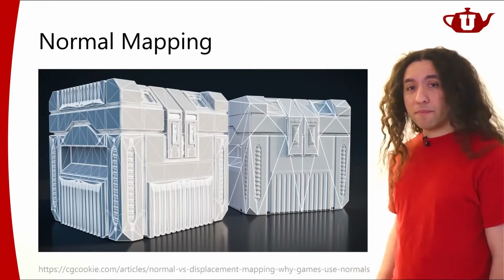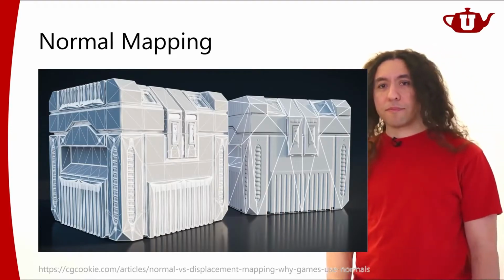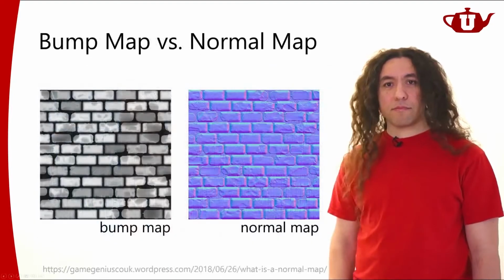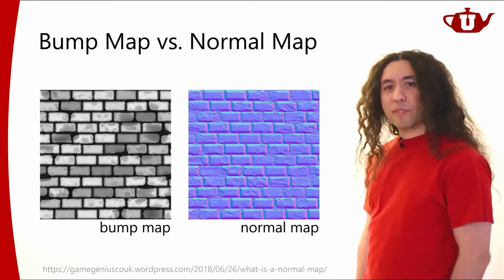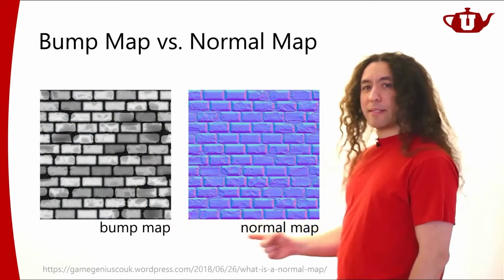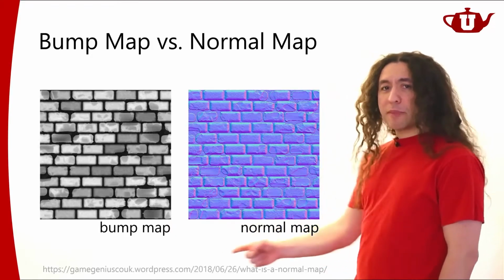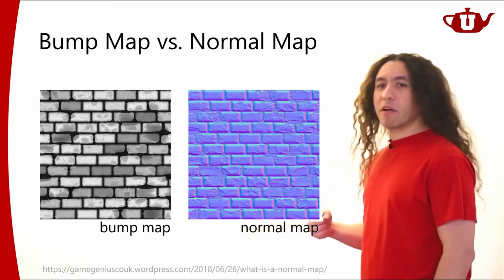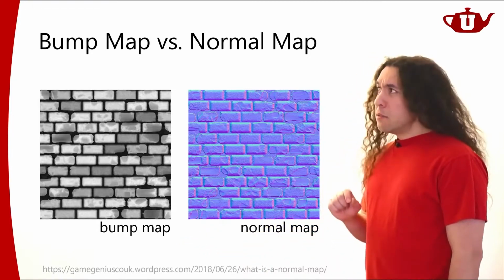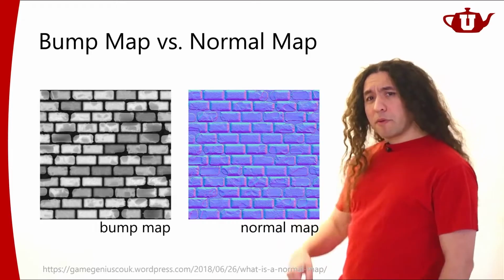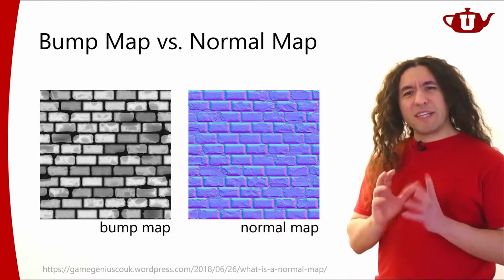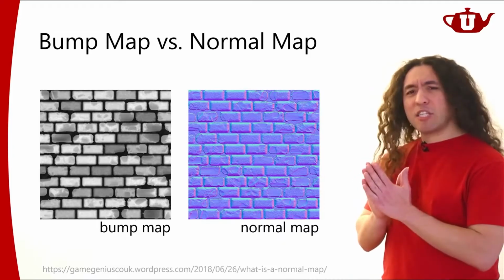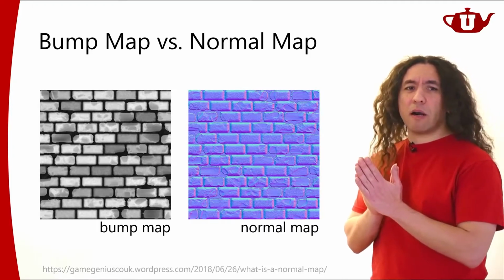So if you were to compare normal maps and bump maps, you'll see that this is the bump map and this is the corresponding normal map. They're sort of interchangeable, right? So you can sort of take any bump map and convert it to a normal map. You could take a normal map, convert it to a bump map, but they are sort of different representations, and they don't match each other perfectly always.